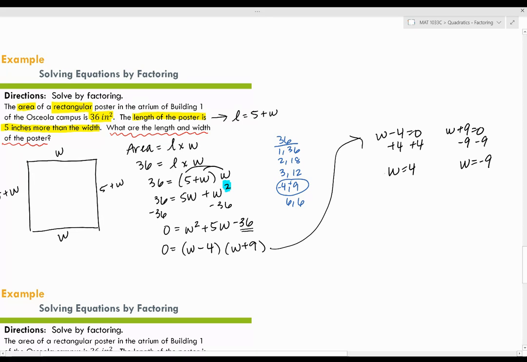So remember, for us, W represents a width, okay? So width can't be negative. We don't take measurements using negative numbers. So W equals negative 9, that's out, okay? So our W is 4,